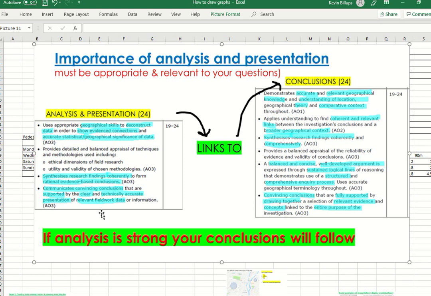Now, this is the level 4 mark band. I've not put any of the other levels 1 to 3 because everybody should be aiming for level 4, 19 to 24 out of 24. And normally, if you do this well and your graphs are clear, your maps are clear, and your sections of analysis are meaningful, and you manipulate the data well,